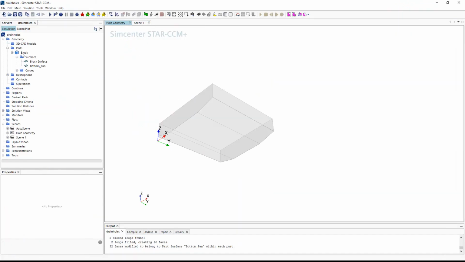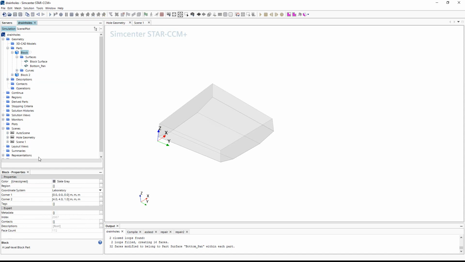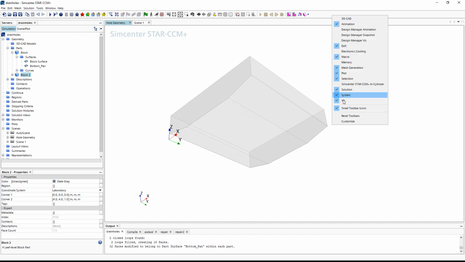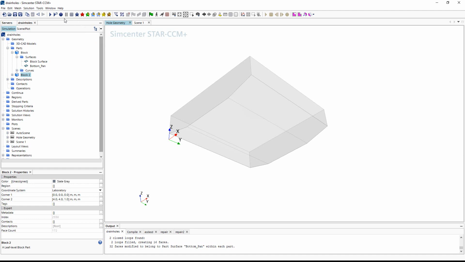So let's go back to here, and before I create them, I'm going to make a copy of our block here, just in case we screw something up. And so I'm going to run this macro using my little shortcut here. It's a little star I've just linked to my path, so I don't have to keep browsing over to that macro file. And you could get these by simply going to customize and then dragging them into position. But I'm going to hit the button here,